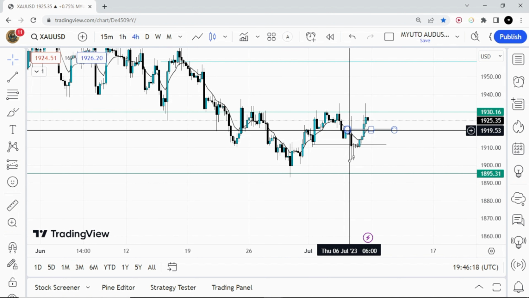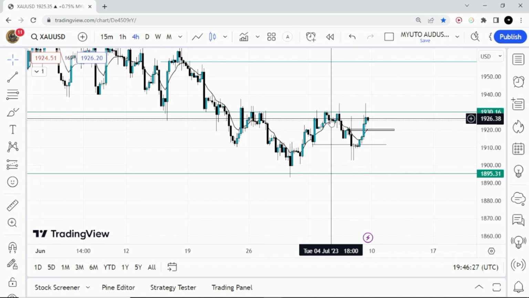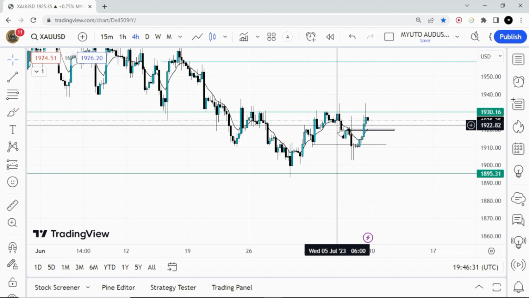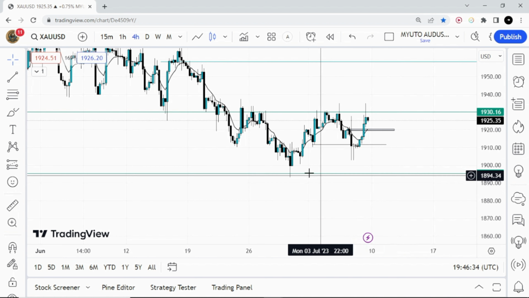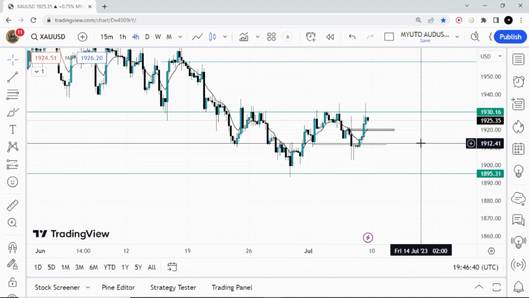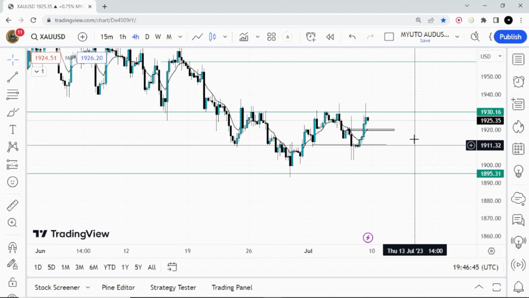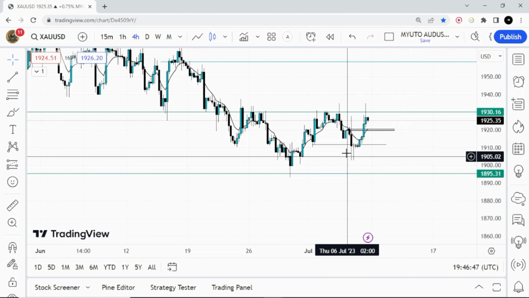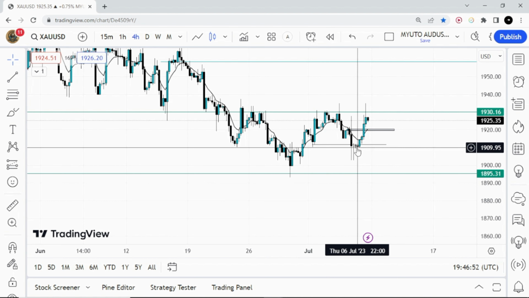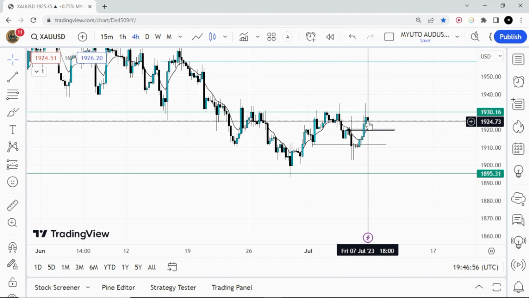We began to fall off, but then failed to break below 1910. My targets, if price was to find resistance at 1925, were 1881. I was expecting price to break this previous lower low here, but price had other plans. Like I said, we cannot control the market. We only react to what the market is showing us. So price came to 1910, created these rejection candles. We had three doji candles, and then followed by a bullish candle, and then a strong impulsive move to the